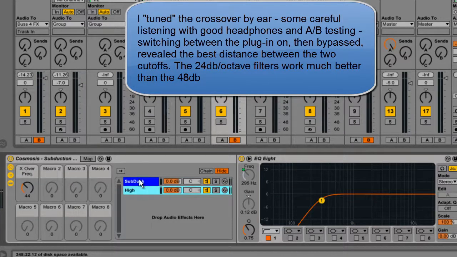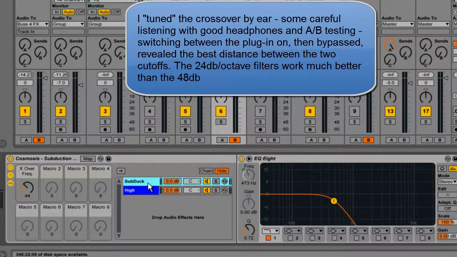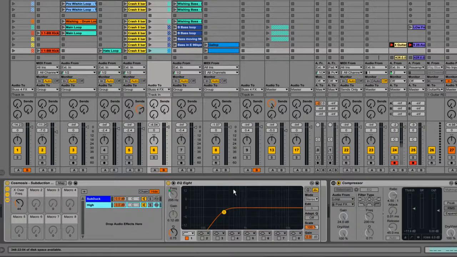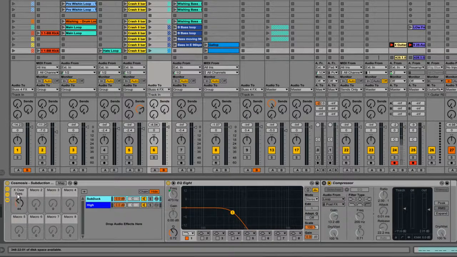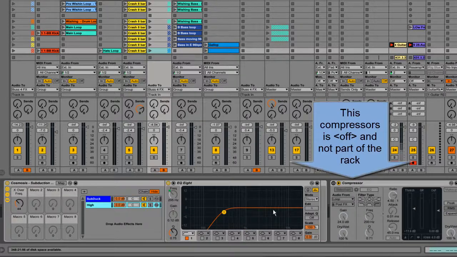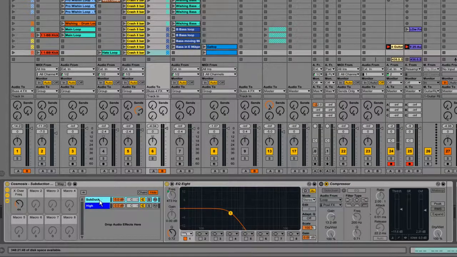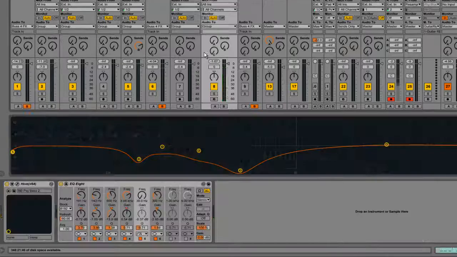So now, on the one that I've called sub-duck, I've put a compressor on it. And on the high one, I don't have a compressor. So what's happening is the signal is splitting into 2. It's going through the high one, uncompressed and unaffected, apart from being filtered or split into 2. And the sub one is going into a compressor. Now I can sidechain that to the kick as well in the same way by choosing loop. And what happens is